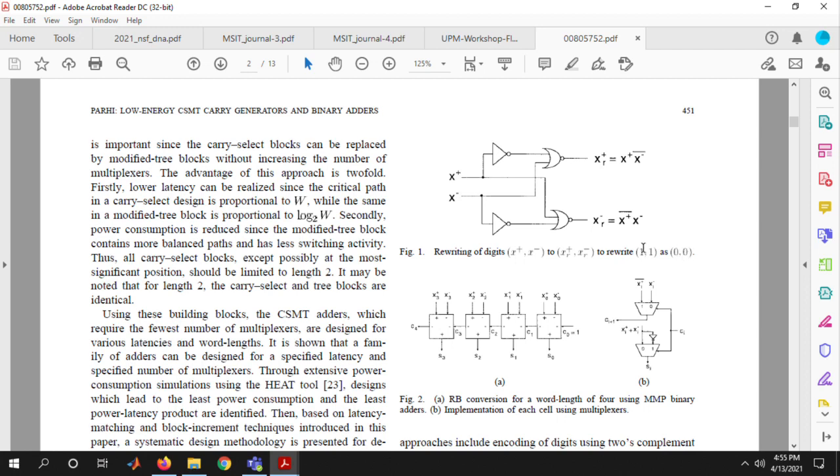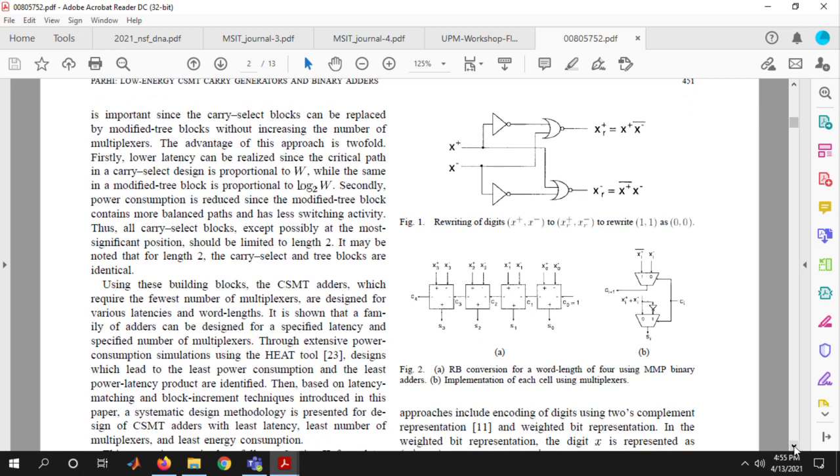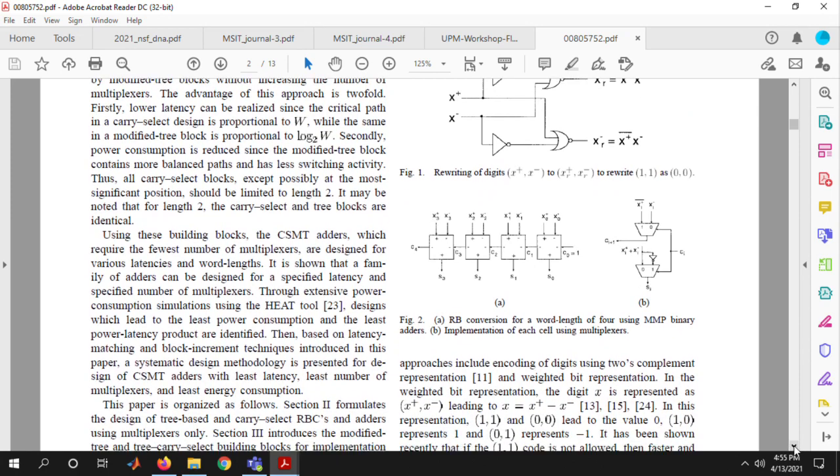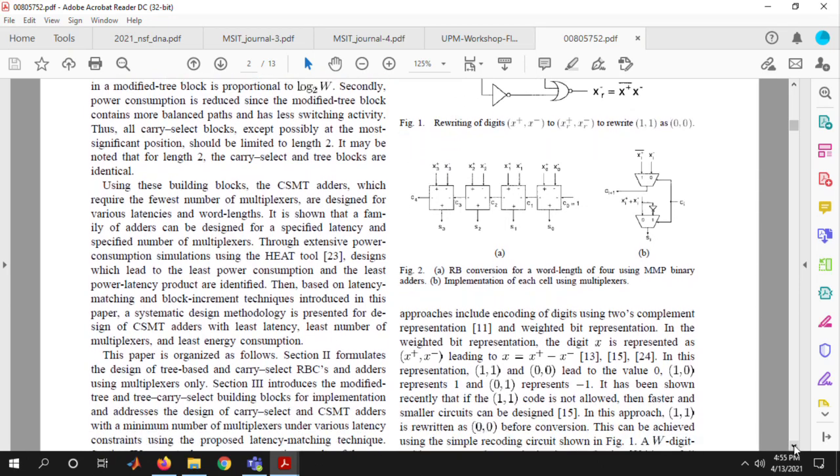So we are trying to eliminate the non-unique representation of 0 for the digit. 0 can be represented as 1 1 or 0 0, so we are trying to make it unique so that 1 1 is rewritten as 0 0. This is the recoding, which you may think about as the PG logic in the case of simple binary 2's complement numbers without using redundant numbers.